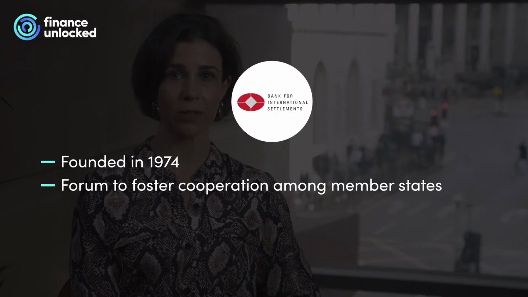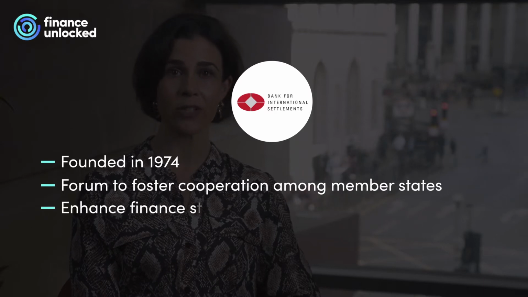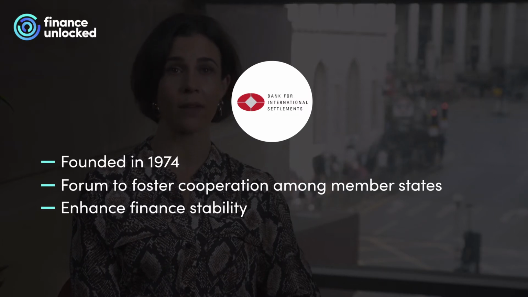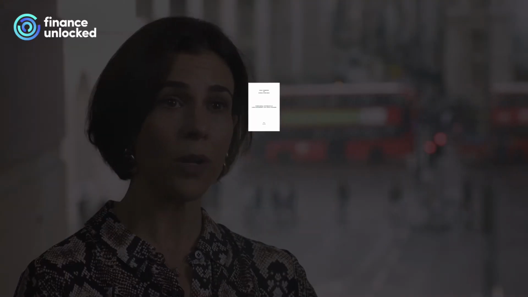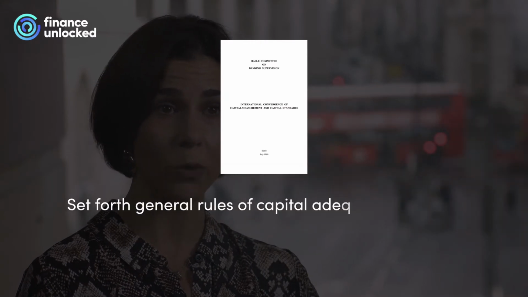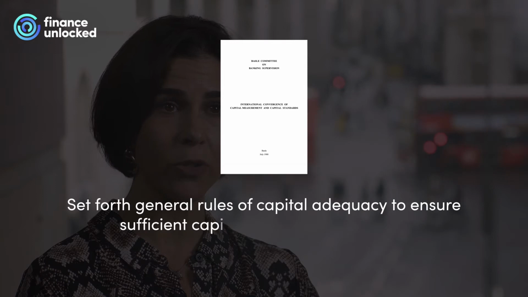and supervision, aimed to enhance financial stability by improving supervisory know-how and the quality of banking supervision worldwide. In later years, it duly turned its attention to monitoring the capital adequacy of banks and banking systems of its member states. The Basel I Accord of 1988 set forth general rules of capital adequacy to ensure sufficient capital for